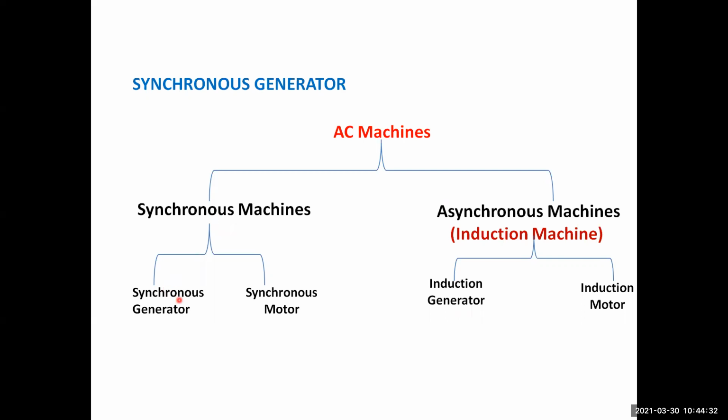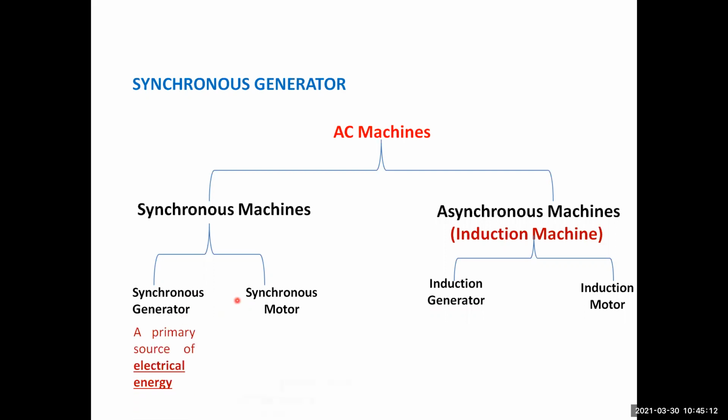Also, the synchronous speed of this generator is called NS. If the stator rotating magnetic field and the rotor rotate at the same speed, what is the slip here? Zero. NS is equal to 120f/P. Slip is equal to (NS minus NR) by NS. The rotor speed is equal to the synchronous speed, so slip is 0. In an induction machine the slip is between 1 to 2% or 3%, but not in a synchronous machine. In a synchronous machine, slip is equal to 0.